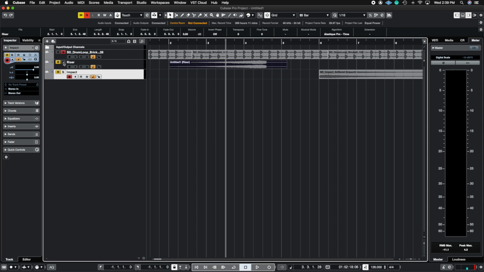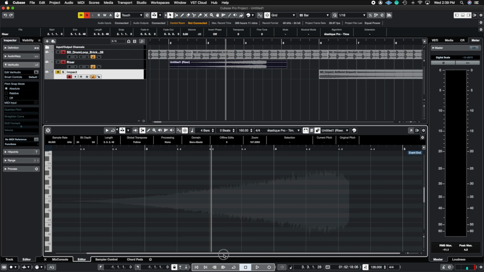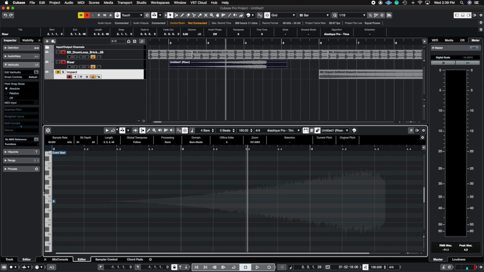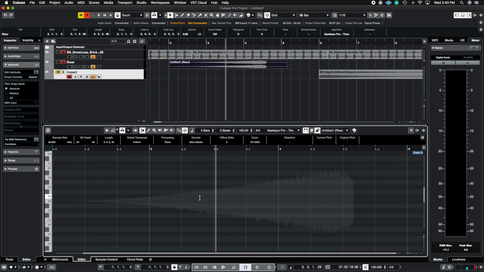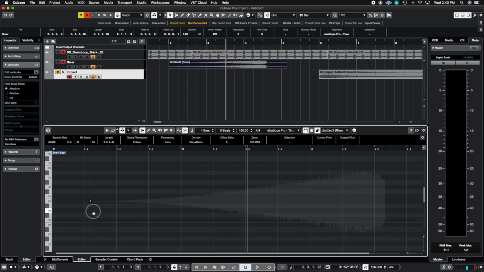This is actually a very, very cool feature. So I'm going to go ahead and solo this so that I can hear just the drum loop and the riser. And I'm going to double click on the audio waveform. Now notice here that I see the waveform, but there is this very discreet S here inside of the audio editor. Usually you'll find it in the beginning of an audio waveform, but sometimes you'll see that it'll snap somewhere else inside of it. But the cool thing is that this is actually a snap event point, is what they call it. So what this is, I can move this, and let's say this is the end of the riser,